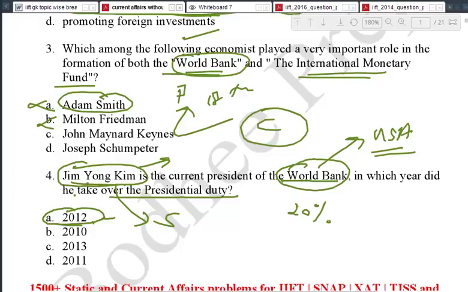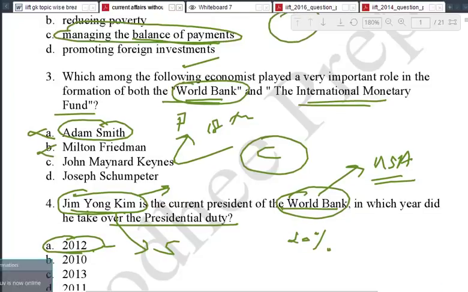So it is just one question, but it teaches you so many things. This is the way you must study. You don't study only one question. He is from South Korea. He was born in South Korea, but then he emigrated to the US, and there he has spent the rest of his life. So though he's from South Korea, you cannot call him a South Korean.